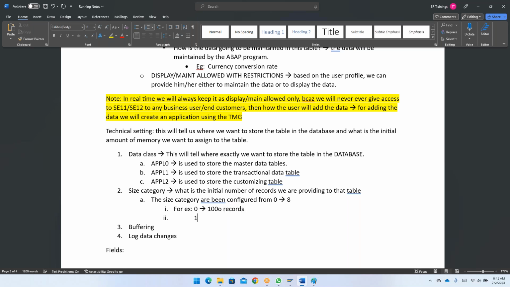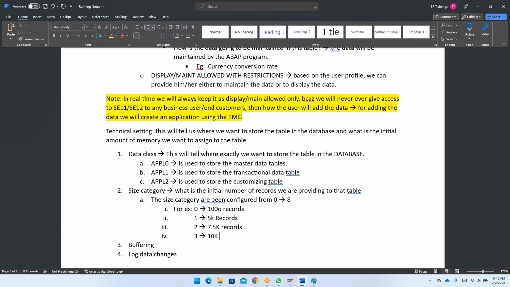For 1, let's consider we can add 5k records, that means 5000. The maximum records we can add are 5,000. For 2, let's say 7,500 records, 7.5k records, the maximum we can add. For 3,